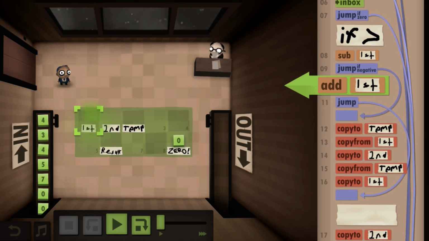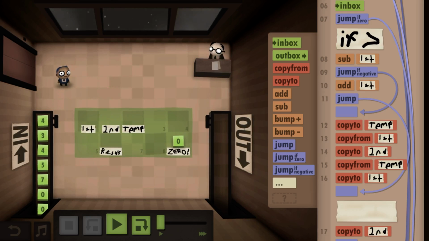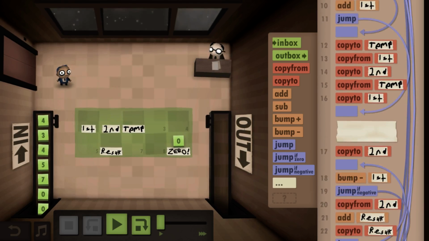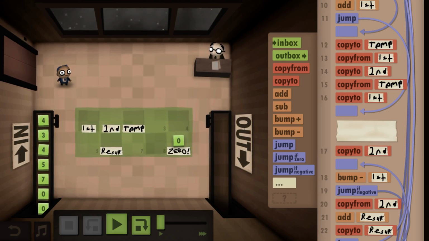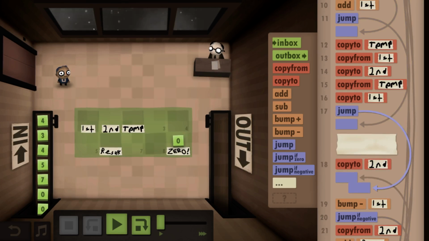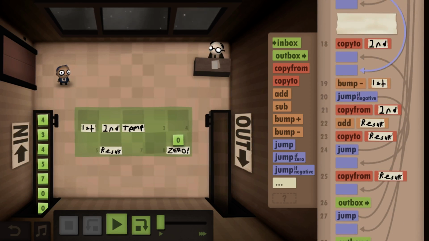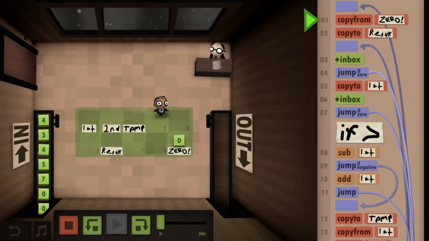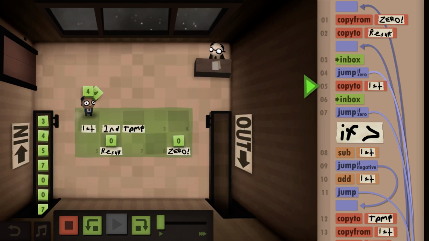So also we need to add another command here to add it back because we don't want to lose our number. And then we also need to jump from this point to this point. So we're adding a lot of commands. How can this possibly be faster? Let's watch. I'll be really embarrassed if this isn't faster.